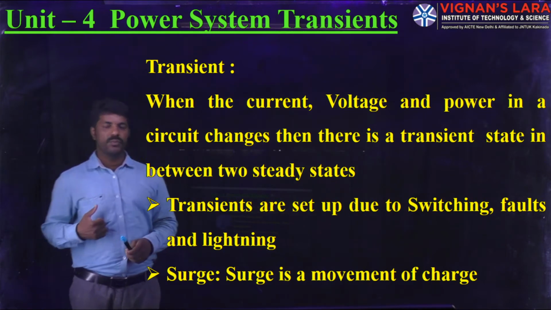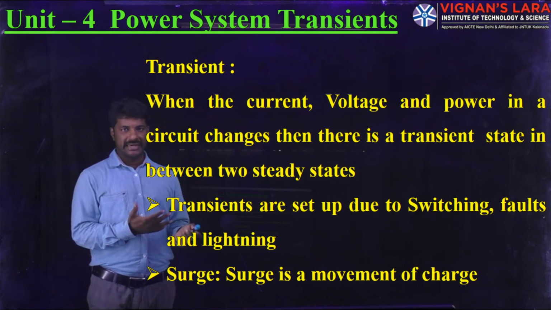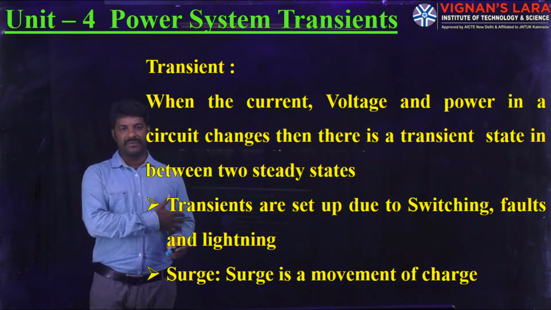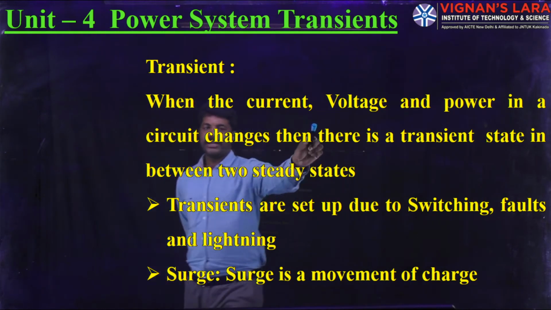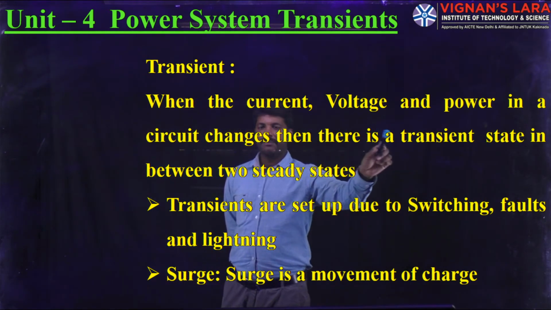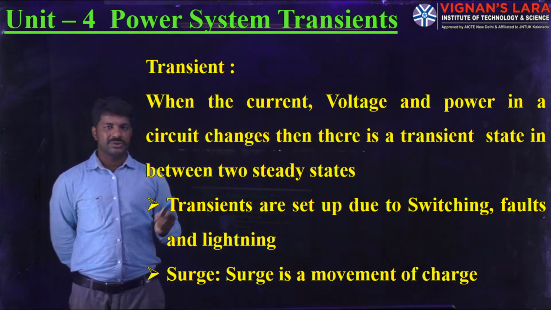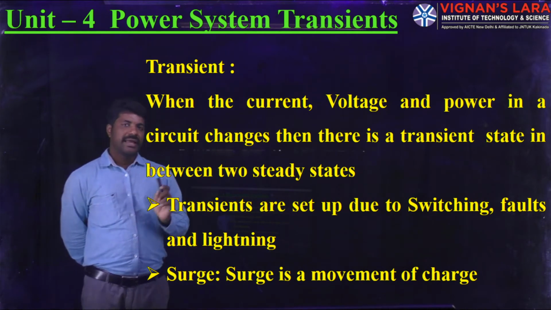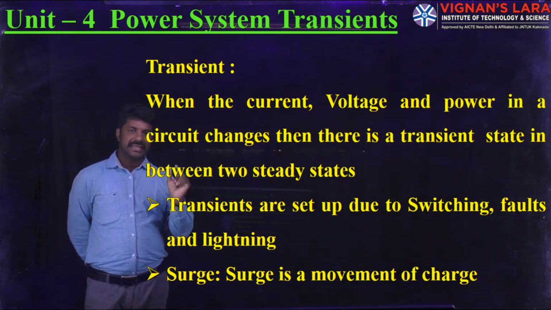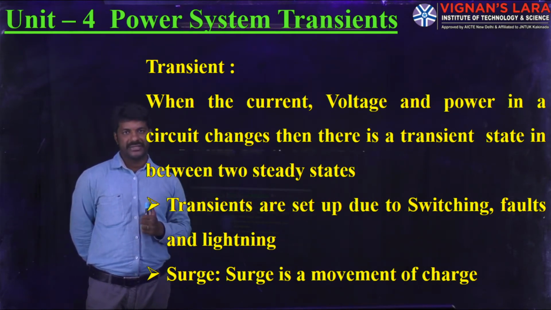In general, we know that the transmission line is operated with its voltage and current associated with electrical power. Whenever this current, voltage and power are operating in a particular transmission line, those quantities will be subjected to changes whenever there is a transient state in the system. So the exact meaning of transient is nothing but an occurrence. Due to that occurrence, the quantities are going to be affected.